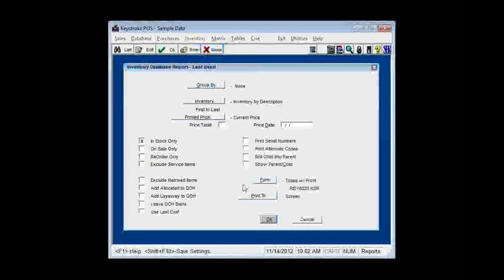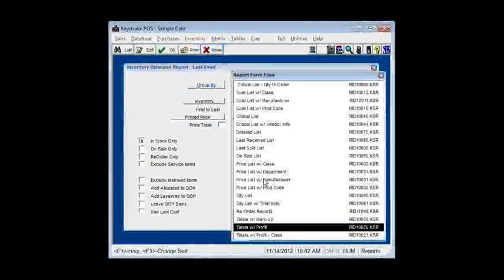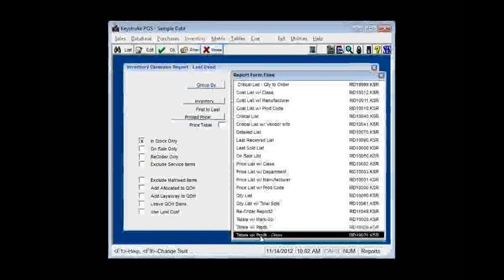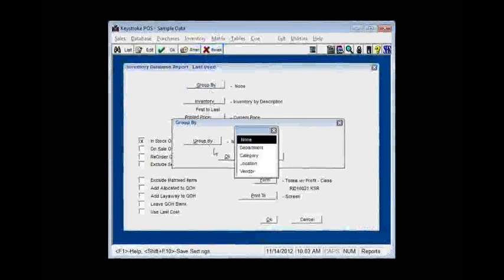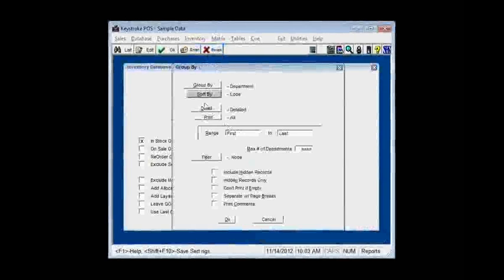Let me see if I can get a little bit better looking report. I think that one had gotten edited a little bit, or I've got a screwy default printer going. And you can also do things like group by department to just get a total value. If I do this summary,